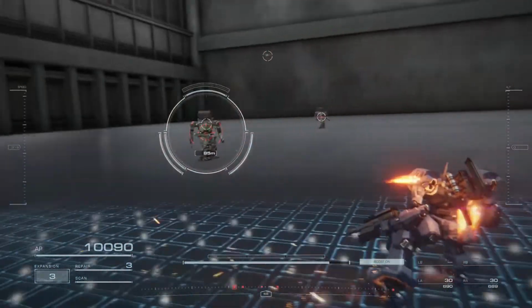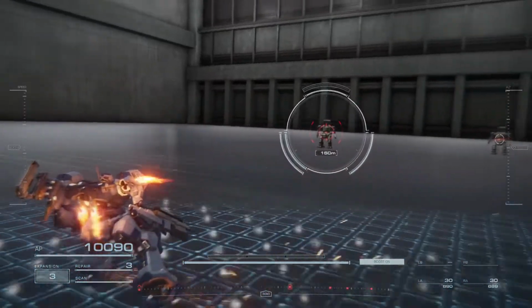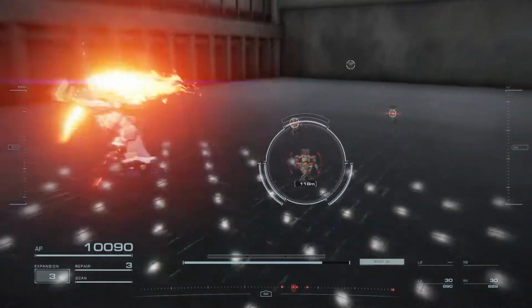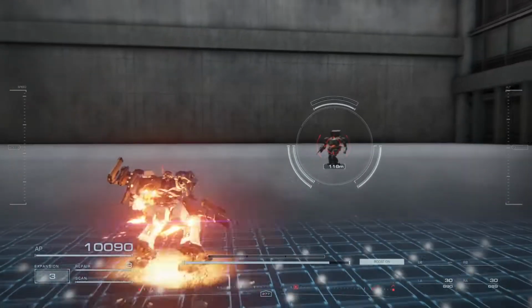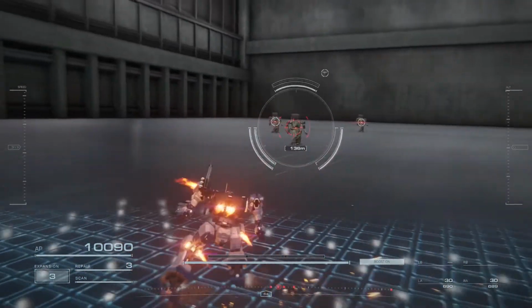Instead of trying to deal with manually aiming. Now, there are some drawbacks to this. This is a really bad way to handle groups of enemies like this. Generally, I would recommend not using aim assist against groups of enemies like this, because say you get surrounded and